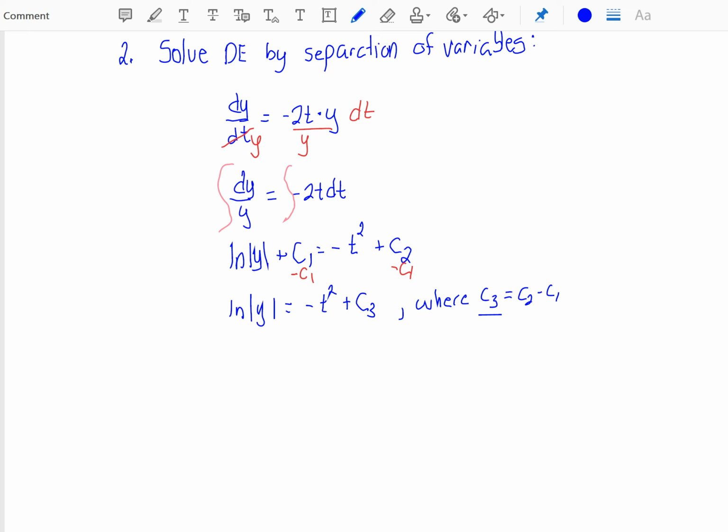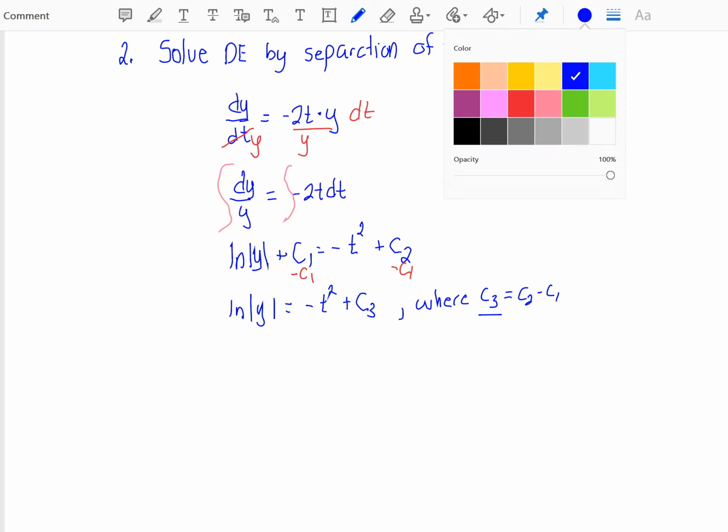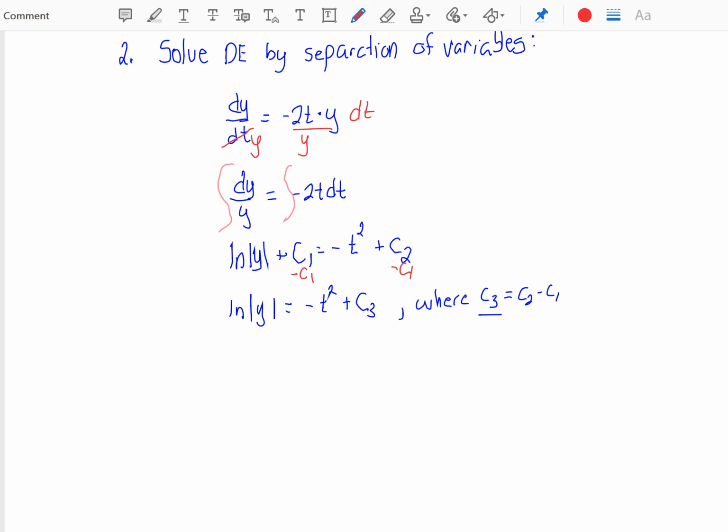Okay, let us continue to solve for y. To solve for y, we now got to get rid of the natural logarithm on the left-hand side. And so we will apply the exponential function e to both sides. And I want to emphasize that when you're raising the right-hand side to e, everything is the exponent here. Now, using the fact that this exponential function and logarithmic function are inverses, these will cancel on the left-hand side, and we just get absolute value of y equals e to the negative t squared plus